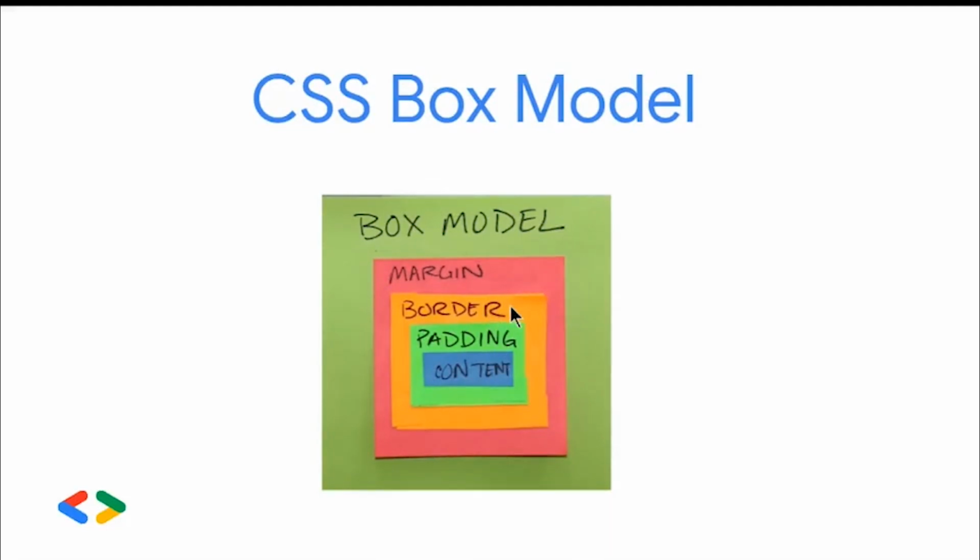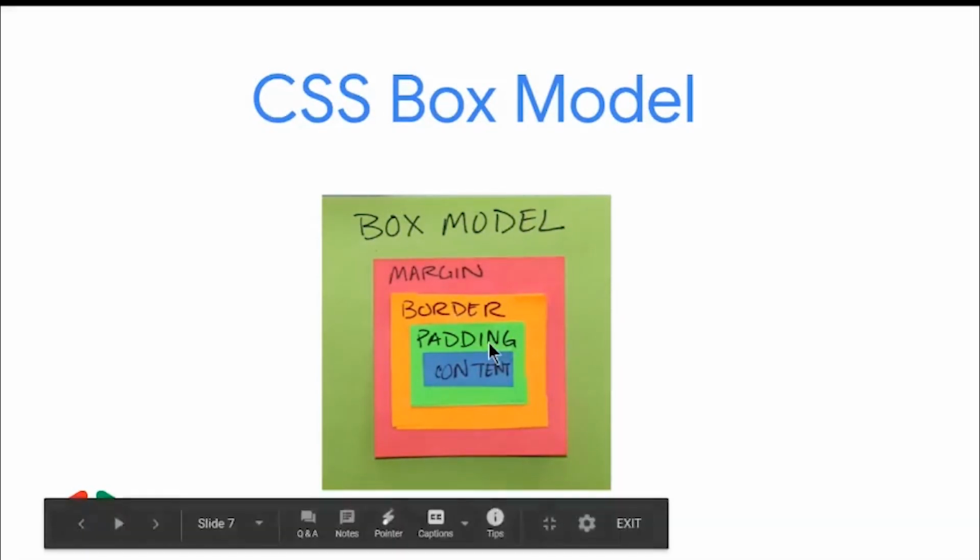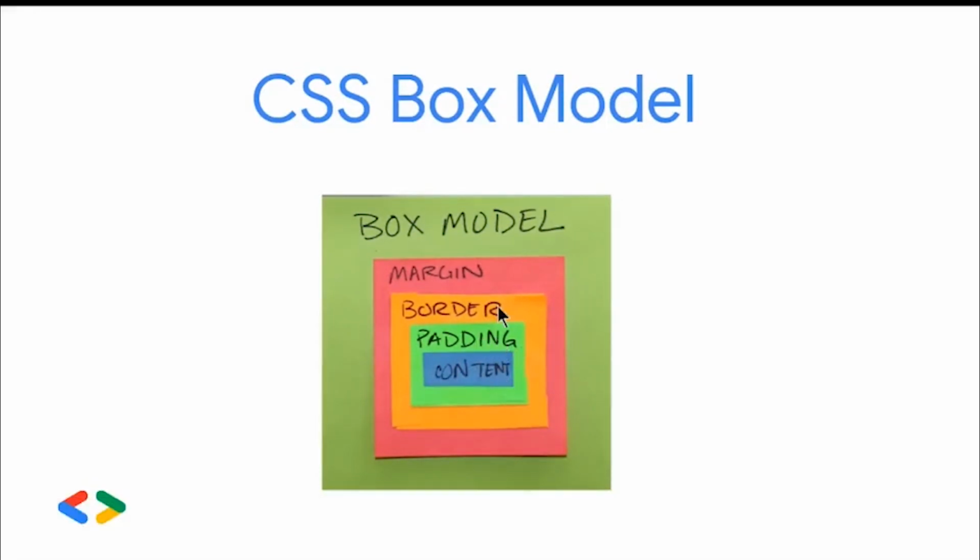So what is the border? Border is also a property in CSS which comes around the padding. And the next one is margin. Margin is also a property in CSS which comes around the border. So if you apply padding to your HTML tag, that comes around the element. If you apply border, that comes around the padding, and if you apply margin, that comes around the border. So that's what the CSS box model is. And for this also you will have a practical session, and please don't worry if you don't understand right here. You will understand once we start writing the code.